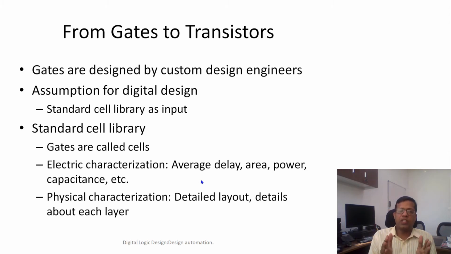So if the standard cell library is the input, what do we mean when we say that? It means that whenever digital design takes place, some estimation has to take place. Yesterday we talked about how after placement and routing we clearly know what the delay is going to be, what the effect on the latencies is going to be, etc. All those latencies come because the standard cell libraries are assumed as an input, and because they are assumed as an input, there is some characterization involved.